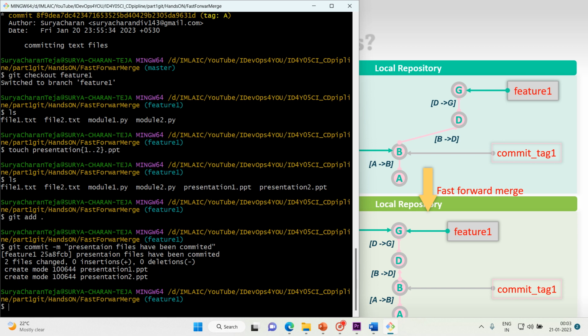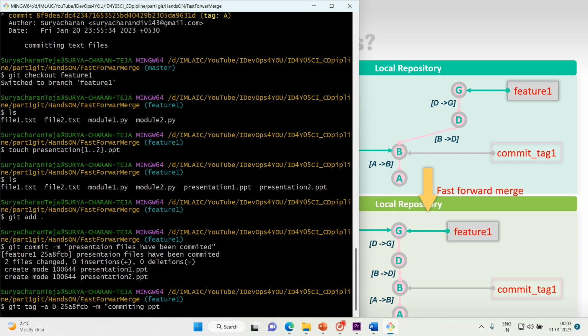Okay, so then its commit is done. The commit message is this. Now let me tag this. The tag I'm gonna give is capital D. So git tag option A capital D, and then it's 25A8FCB, then message, it is committing